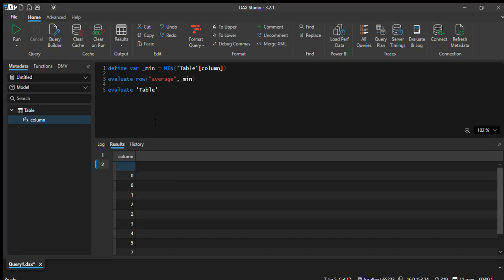Or also you can take some caution while using this one. Like if you are always getting 0 as the minimum value, you can understand somewhere there is a blank value. Okay,